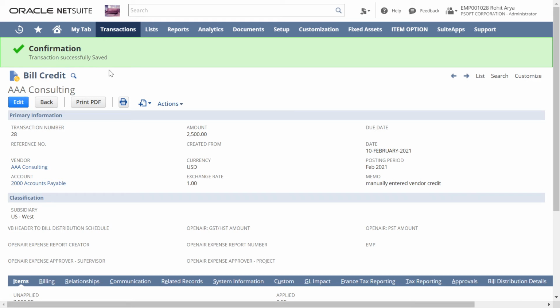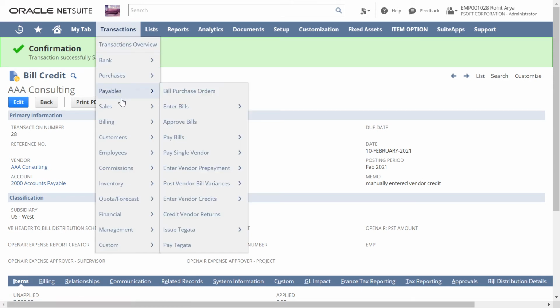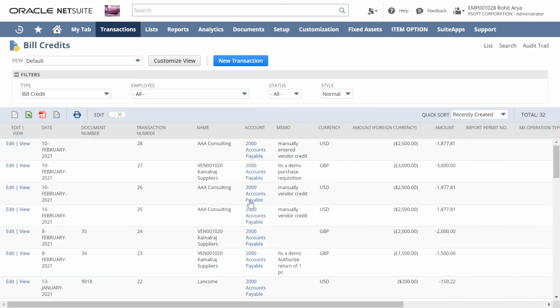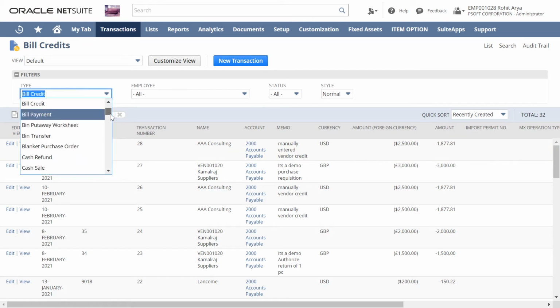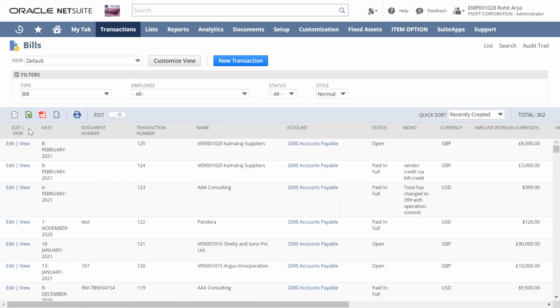Now we will move to our second point, how to enter vendor credits via bill credit. We will again go to Payables, Enter Vendor Credits, and List. You can see the one which we have just done the manual way is automatically showing here. We will change the type to Bills, as we will be entering a vendor credit via a bill.